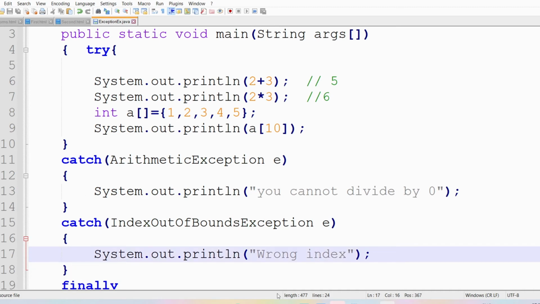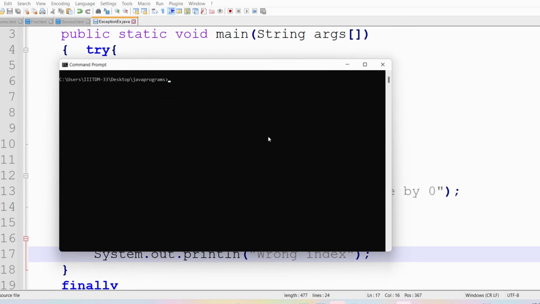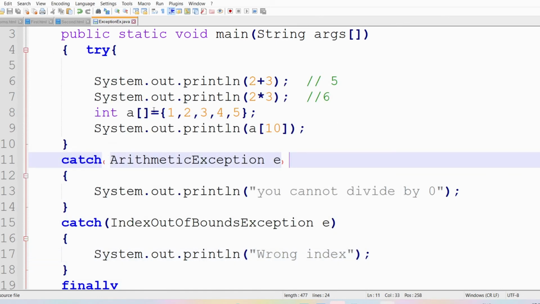Now let me save the program. What will happen now? Let me clear the screen, compile the program again and run the program again. See, this time you got the output as 5 6, wrong index, welcome to Parnika tutorials, because here the exception has been raised, then this catch block has been invoked, or this catch block has caught that one,